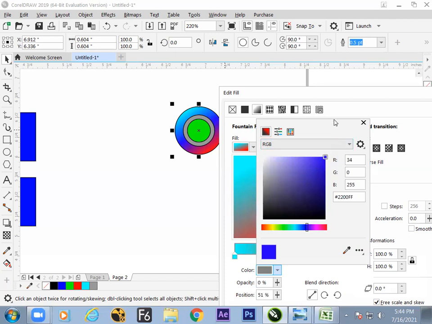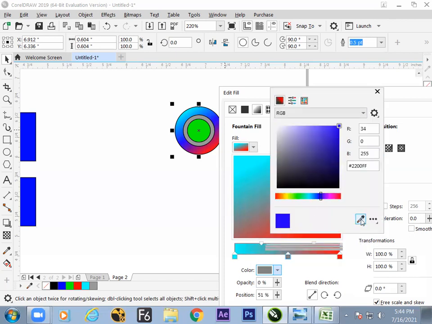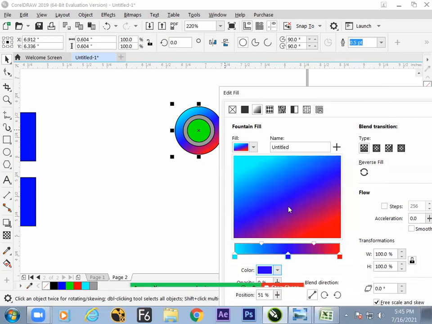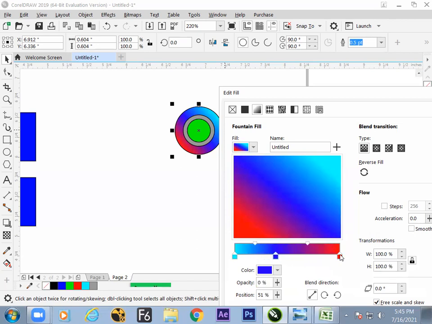So what happened now? Okay, close. Now on screen, you can move it up. Which angle you want, you can do it. This is the beauty in Corel. In Corel, the direction could be controlled directly on this screen. And you can set the range of the colors through these stoppers, either to the left side or right side. Minimum 2 gradient colors should be there.